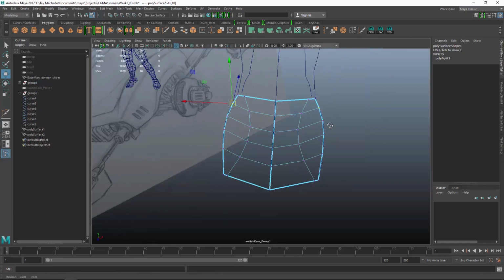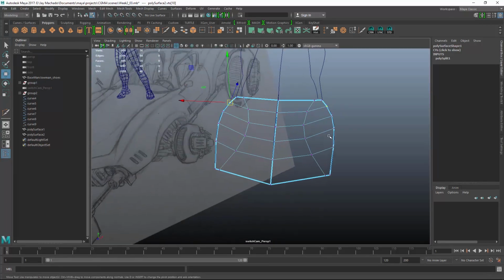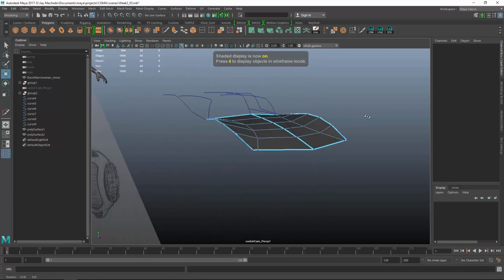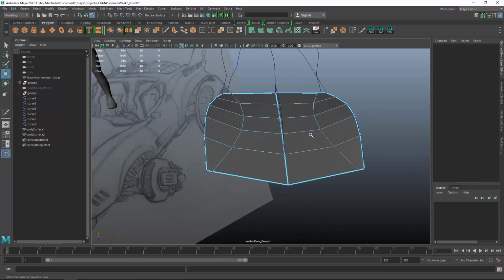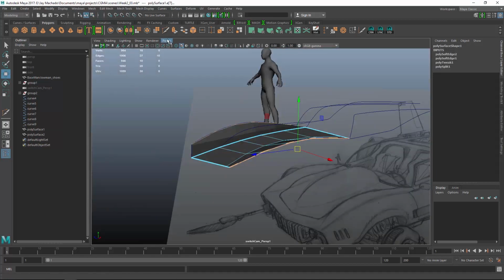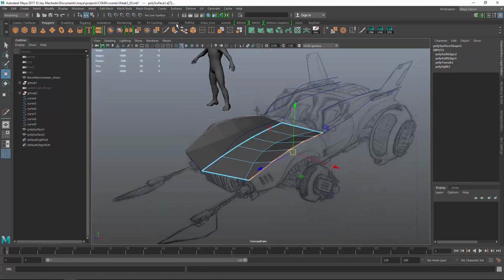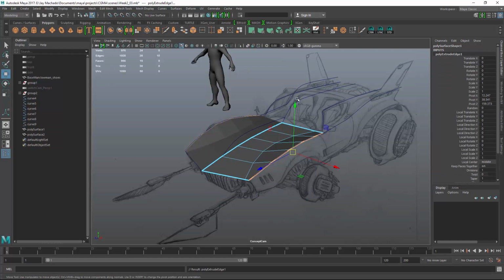So now if we go back to our switch cam, you can see that we've created the curvature of the hood. One of the other things we need to create here is the actual curvature of the side. So let's go ahead and extrude that and just go straight down with it. And then let's actually just flatten it out. So now I can move here